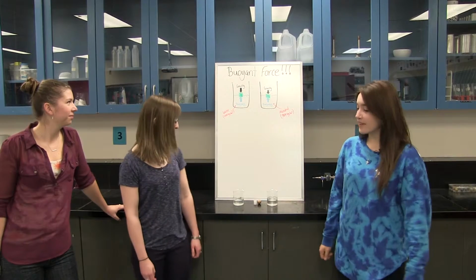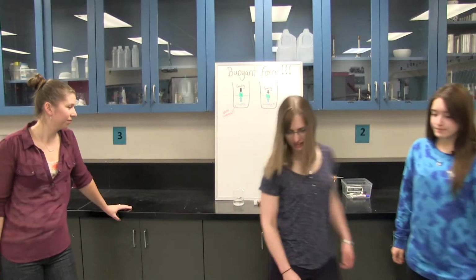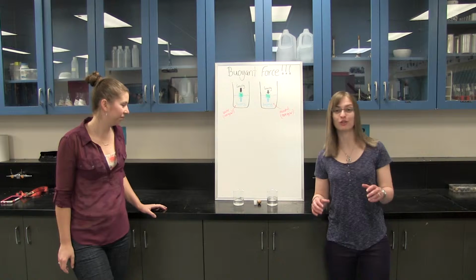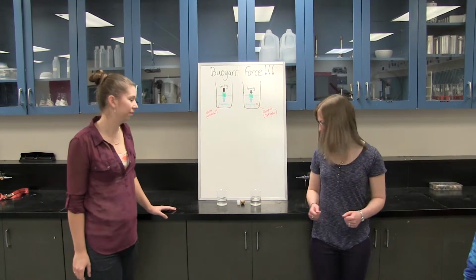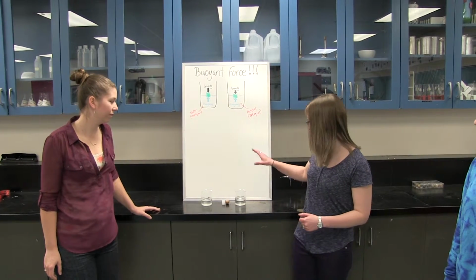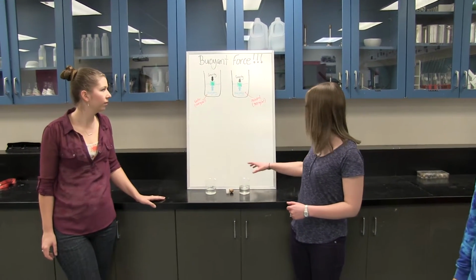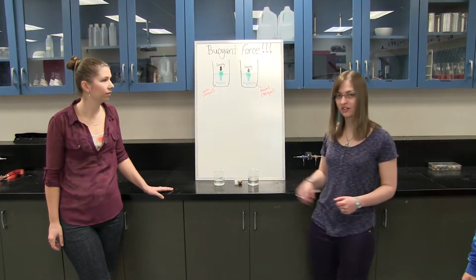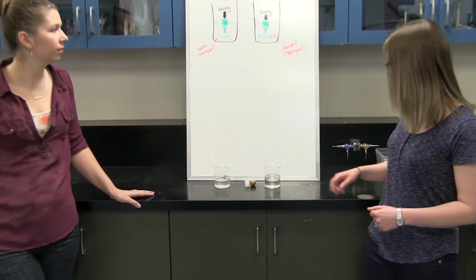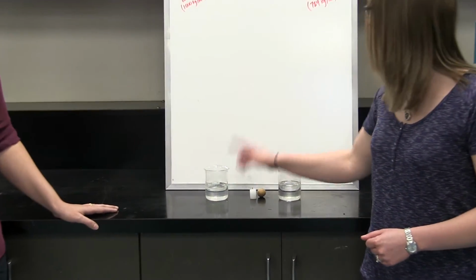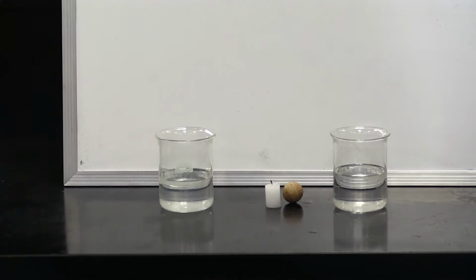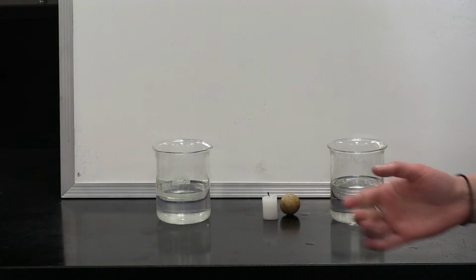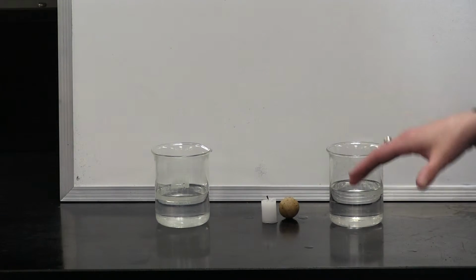For sure we can. So the question for us to look at today is whether or not we're going to be able to float in alcohol like we can float in water. So what we have here is ethyl alcohol on this side. The ethyl alcohol has a density of 789 kilograms per meter cubed. And then on this side we have water with a density of 1,000 kilograms per meter cubed. So just looking at that briefly, we know that the density of the water is greater than the density